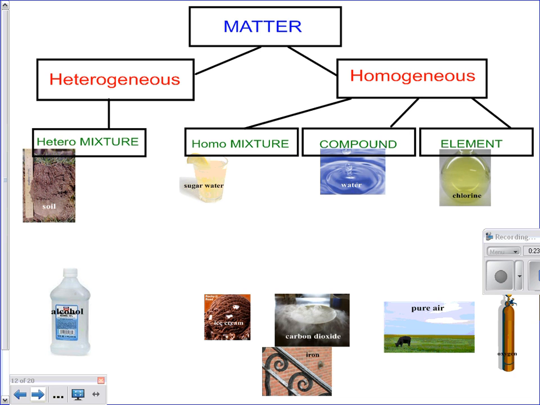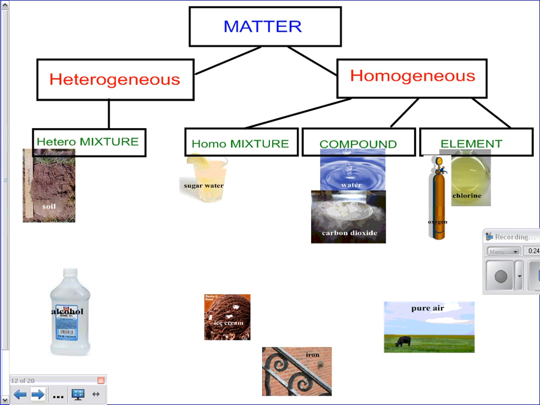Oxygen, element. And carbon dioxide. And Rocky Road ice cream. That is heterogeneous because there's some nuts and marshmallows and chocolatey goodness. Alcohol. Now here